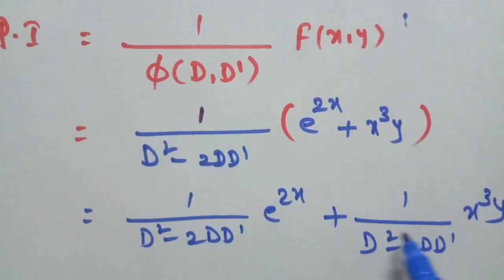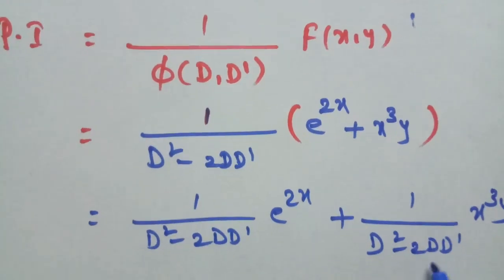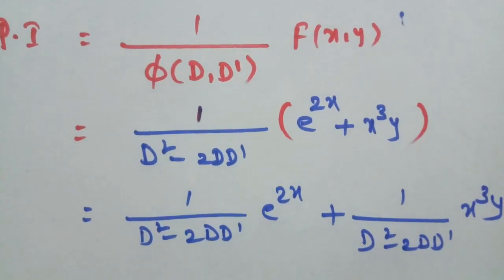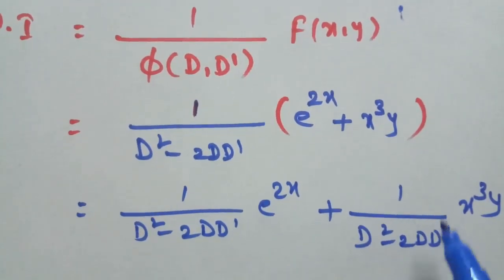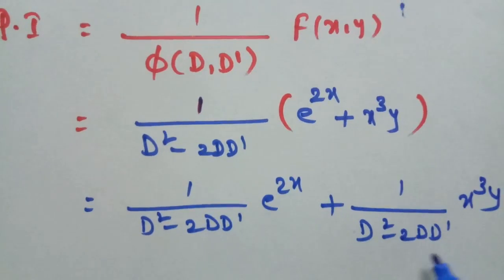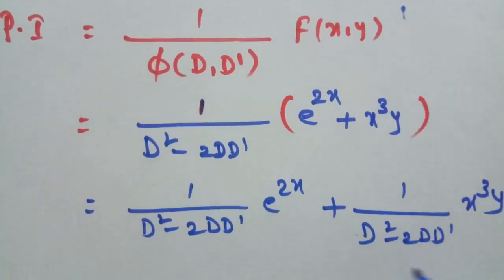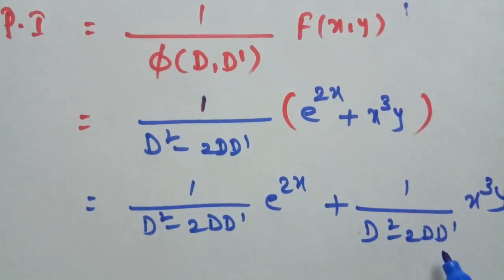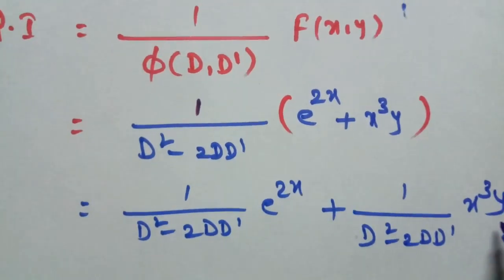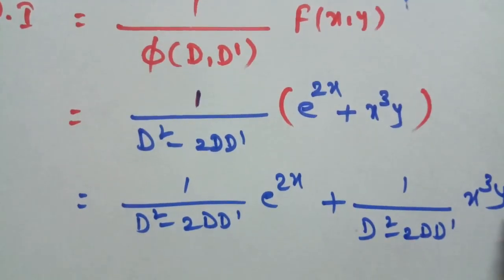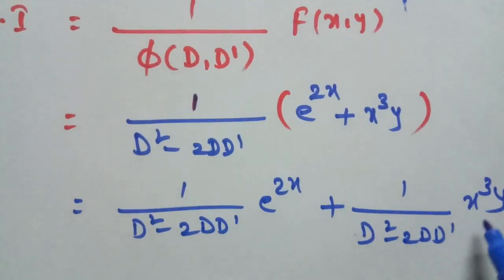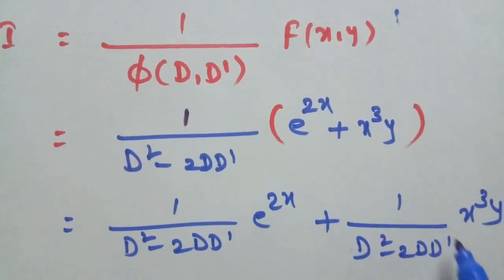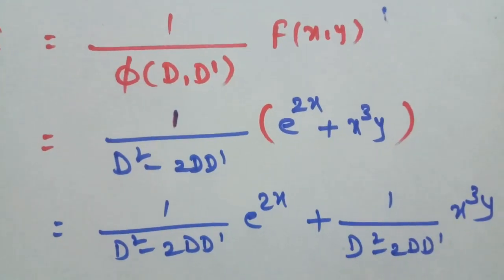So here power of y is less than the power of x, that means n is less than m. So we have to write this D square minus 2D dash whole to the power of minus 1 in the powers of D dash by D. I already explained the reason behind writing the terms in powers of D dash by D: so the derivative of y becomes 0 earlier than x cube. That is the only reason to write this in terms of D dash by D.